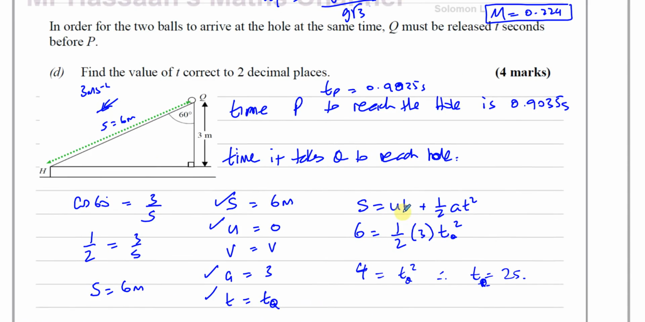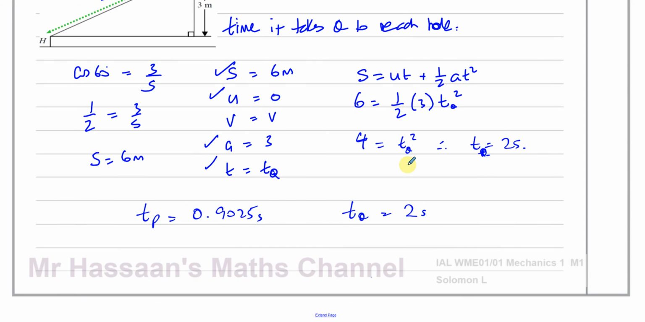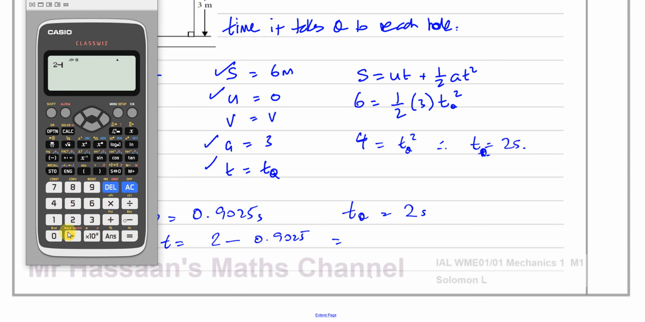Now, when should Q be released? Well, it should be released so that they reach the hole at the same time. So that's going to be the difference between these two. So it should be released 2 minus 0.9025 seconds before P is released. Then they will reach the hole at the same time. So you have 2 minus 0.9025, which gives us 1.0975